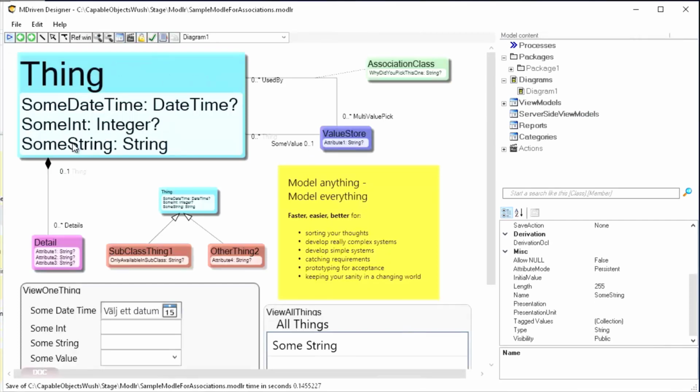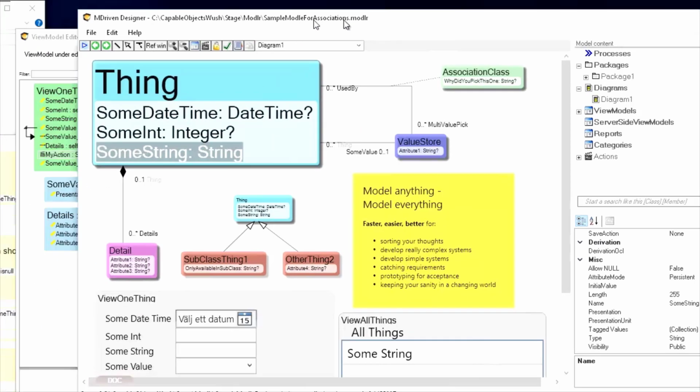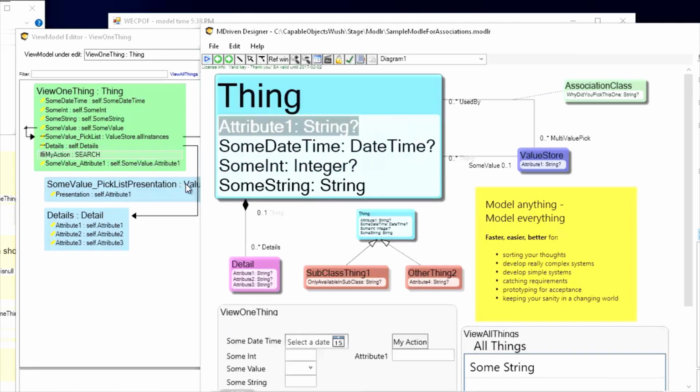So I'm going to add an attribute so that we could show an image, because images is, so I have this image attribute, let's call it image, and make the type a blob,